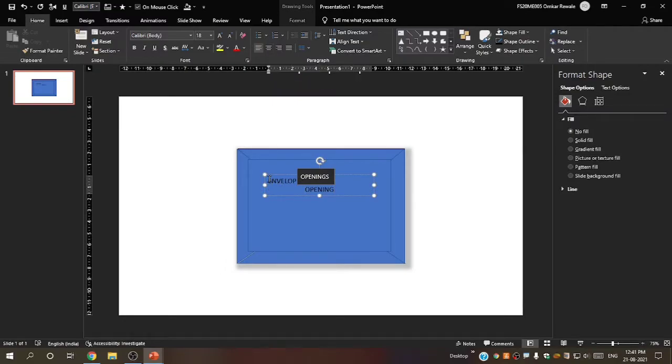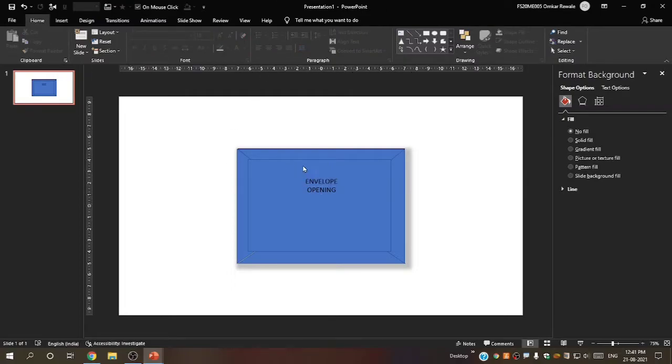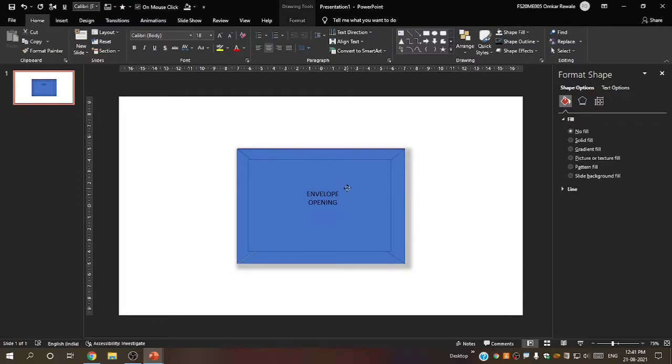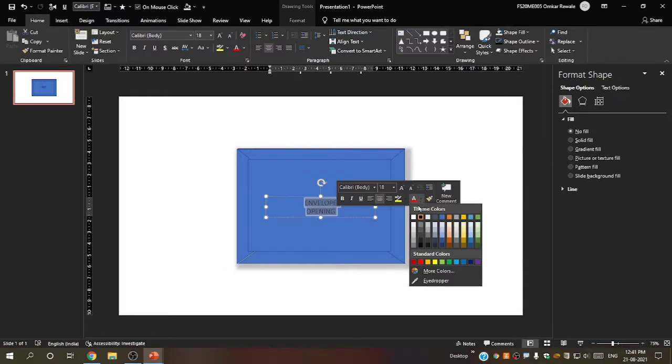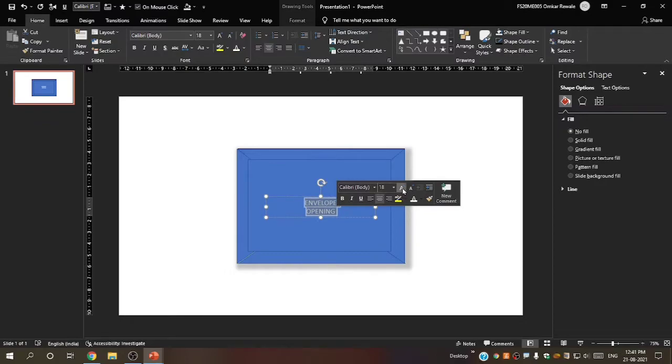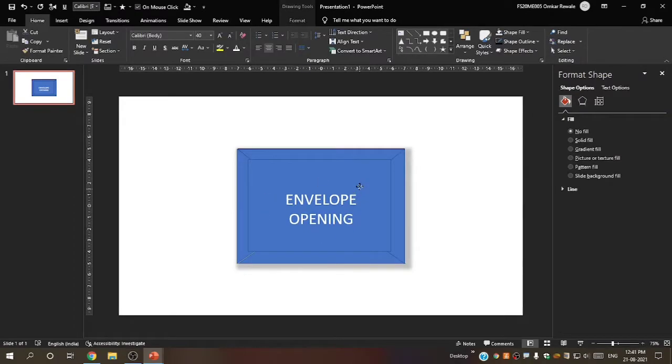Again I will bring it to the middle of this letter, then select the text. Let's give it white color and increase its size to 40. Again I will bring it in the middle.